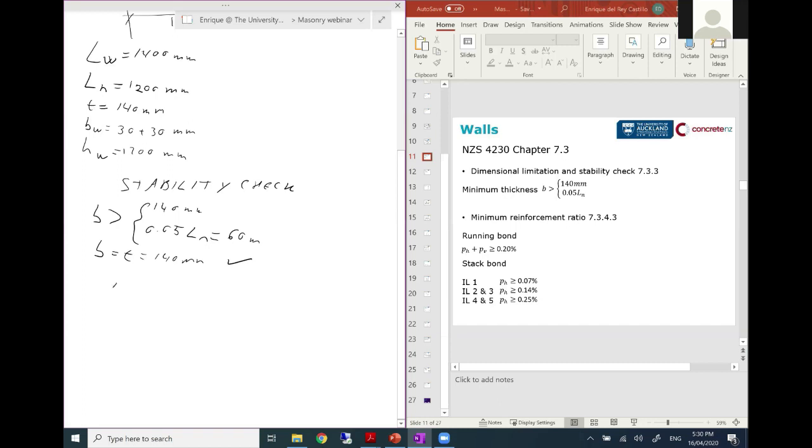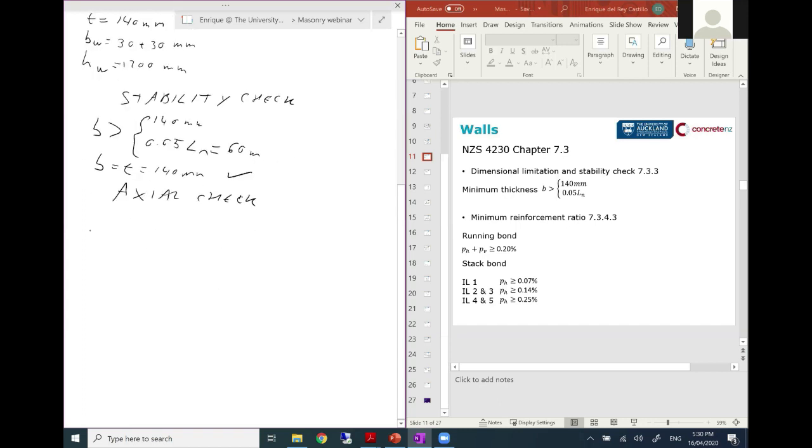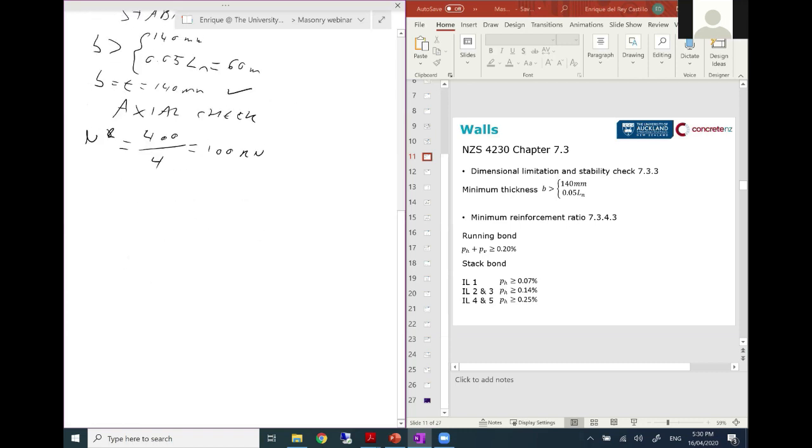Now we are going to do the axial check. My N star is equal to 400, my total axial load divided by 4 walls. This is equal to 100 kilonewtons per wall. We are going to design 1 wall and then multiply it by 4. And then we have our N_n. It's equal to